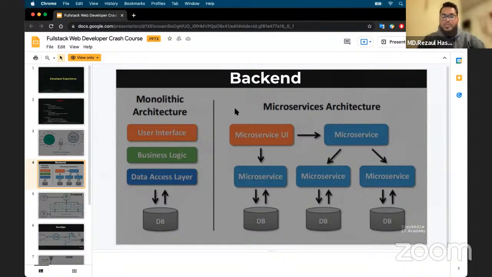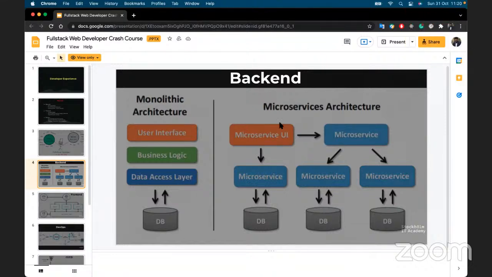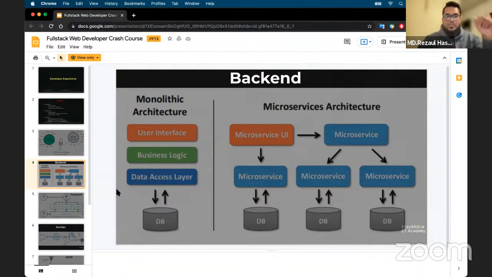But before the database layer, you have a layer called the business layer, which actually interacts with the database layer. So that is also a monolithic architecture. So a bunch of monolithic architectures make a microservices architecture. I think you got my answer, right? Okay, perfect. So that is microservice and monolithic. Then let's start with